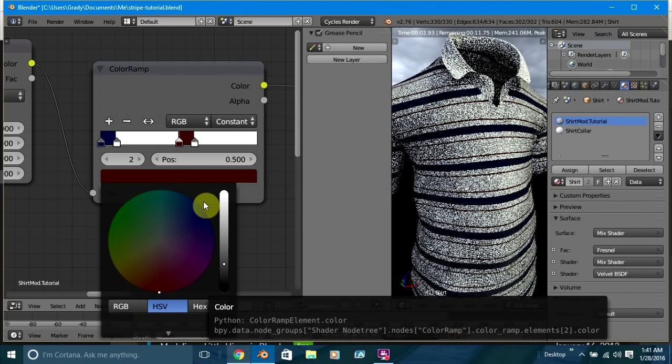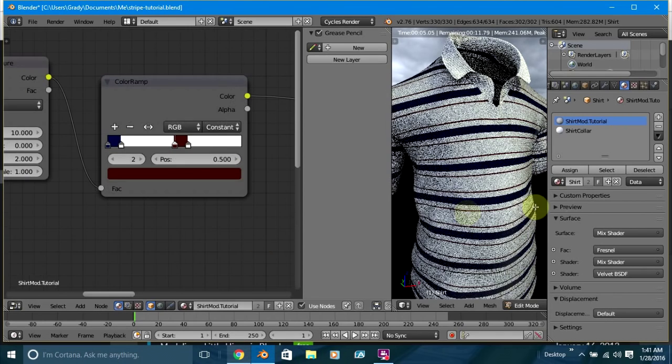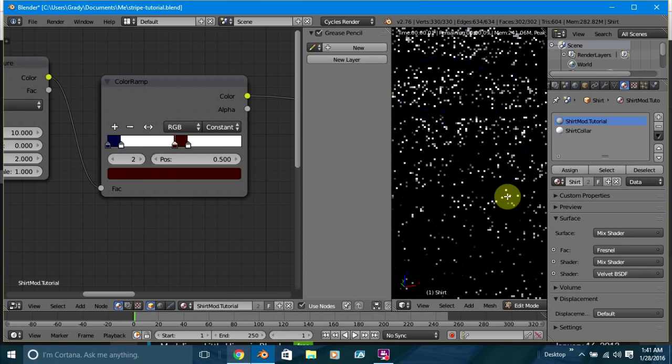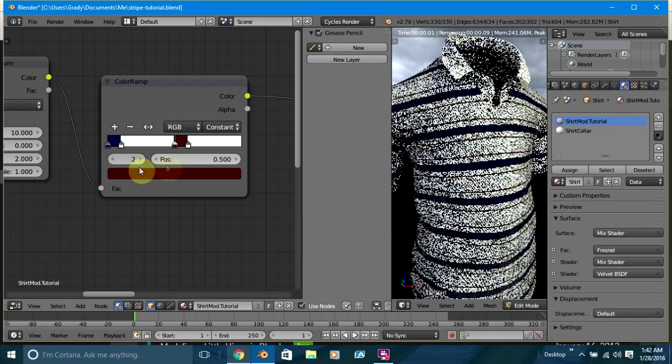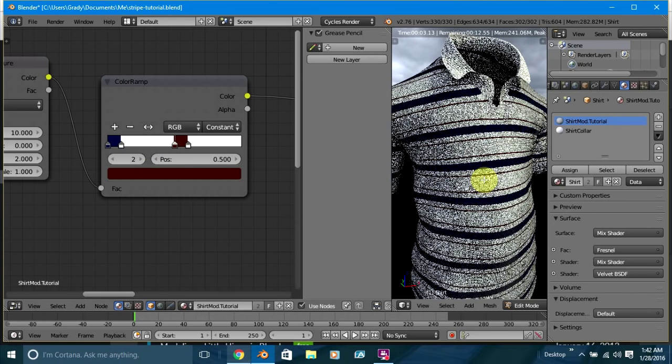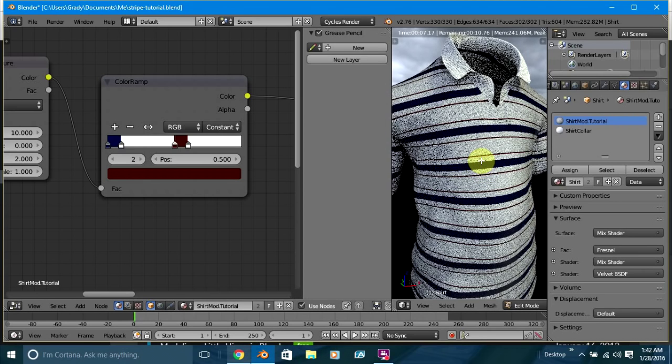Now, the first thing you'll see is that this red stripe is much smaller than the blue stripe. And you'll also notice that the pattern on the shirt now goes from white to red to white to blue to white to red and back to white. So why is it doing that? Well, essentially what it's doing is, if you remember